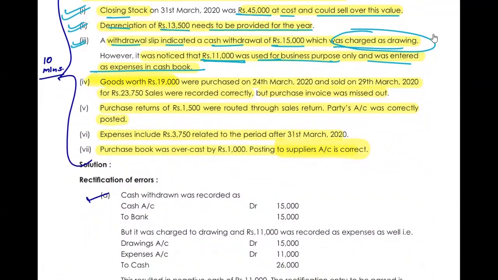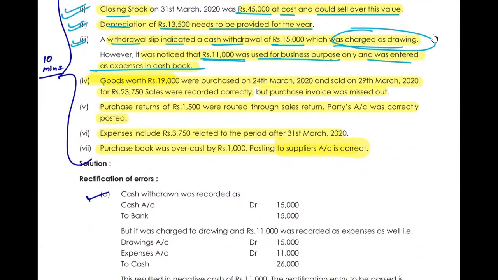Goods worth rupees 15,000 were purchased on 24th of March and sold on 29th of March. Sales of 23,750 were recorded correctly, so no problem in the sales, but the purchase invoices were missing out. And if I say the purchase invoices were missing out, that means